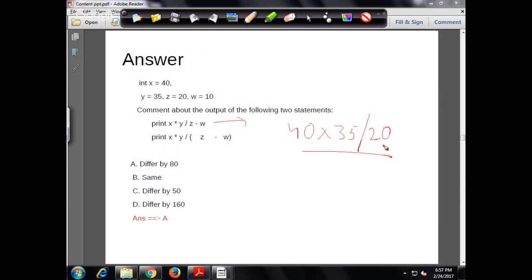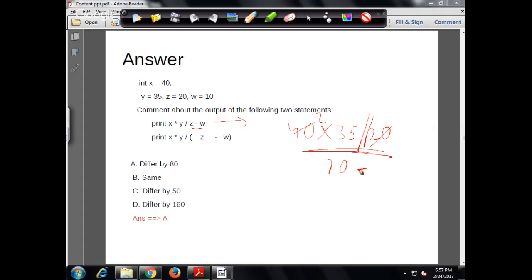This entire expression here, the multiplication and division, has the same precedence. Therefore, first multiplication will be calculated. It doesn't really make a difference. So this expression will be calculated because it has higher precedence than a minus sign. Okay. So this expression will be equal to